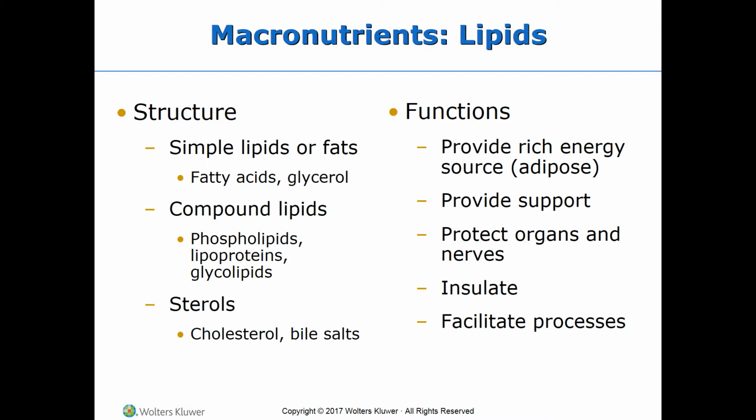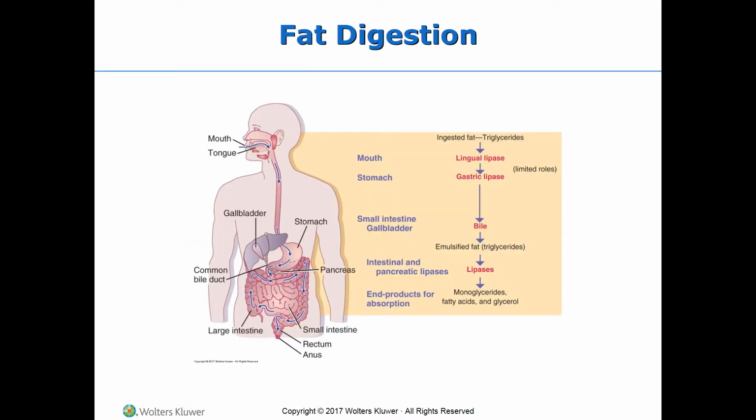So one of the functions of the lipids will be to provide a rich source of energy, and we store these lipids as adipose tissue or fat, and then through this fat we have support of different organs, so we have cushioning of different organs, and we also insulate the underlying tissues in our body and give us some thermal protection up to a certain point. And also it helps to facilitate certain processes in our body,